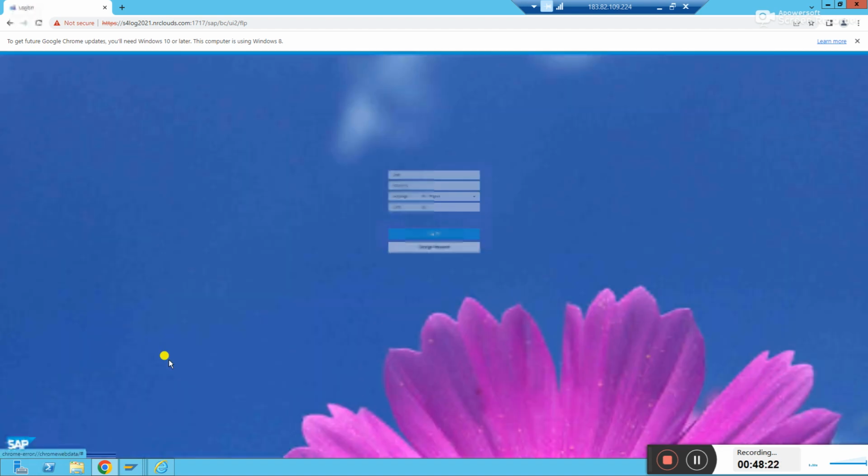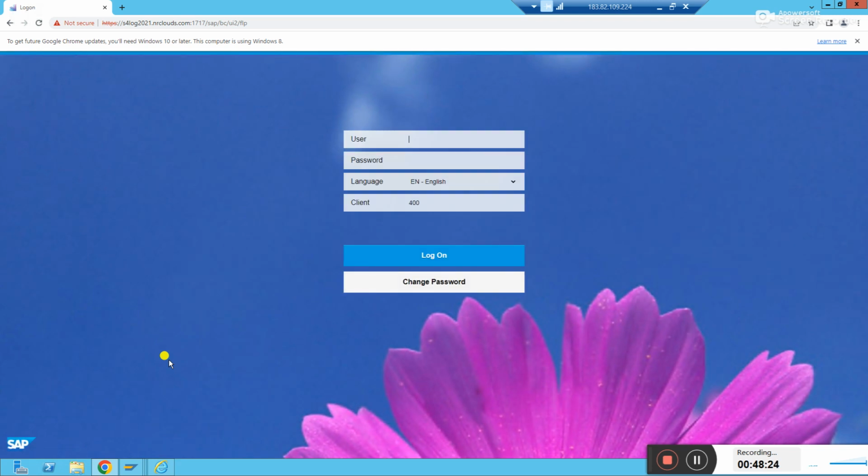Cloud means what? It will be in the sky, right? So in the sky, you can access the data if you have internet. That simple it is. Before, it was a physical software application that needed to be installed in your system. You had to log into that system only, and connect to that network only. Then you could work. But with S4 HANA, you can work anywhere with the help of Fiori.